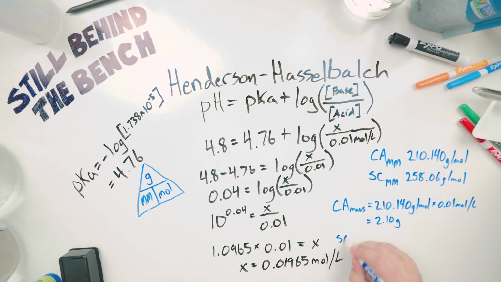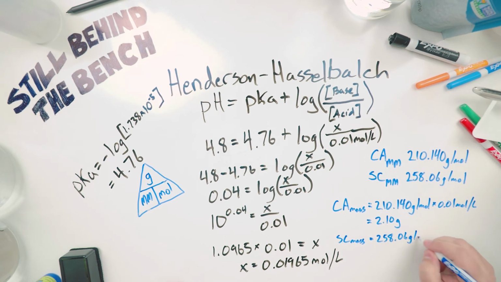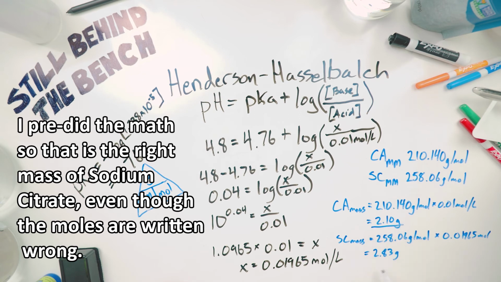And then sodium citrate mass, 258.06 grams per mole times 0.01965 moles, and that equals 2.83 grams. So this is how much citric acid you'd add, this is how much sodium citrate you'd add, and